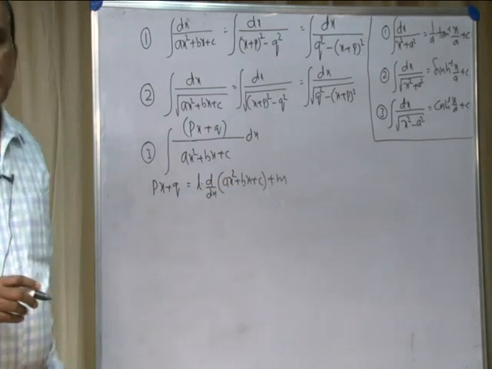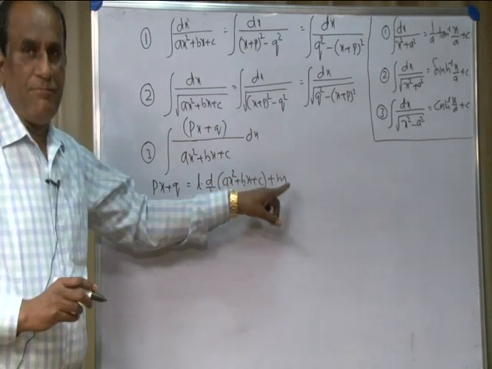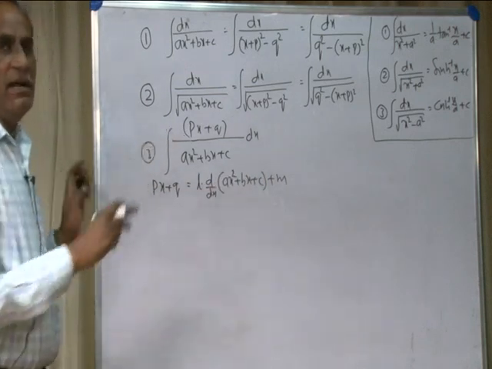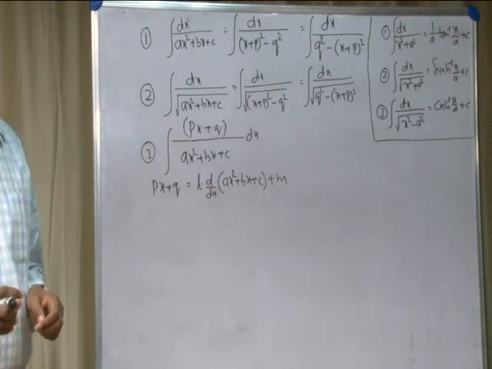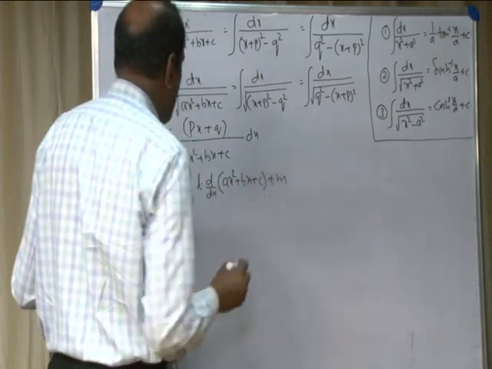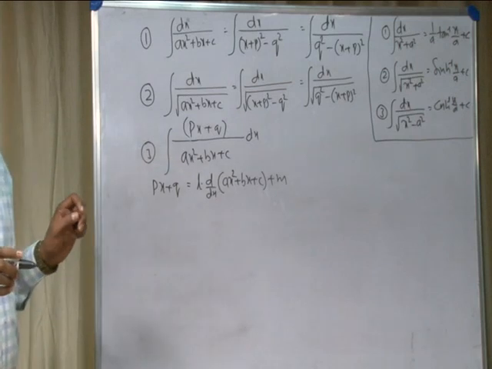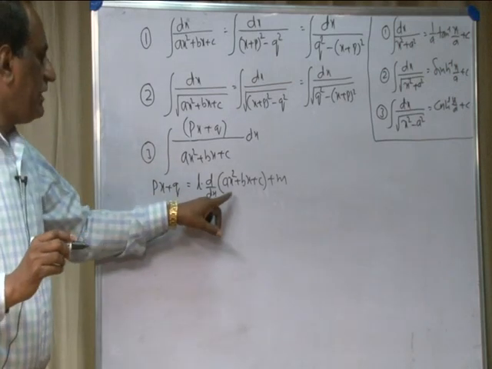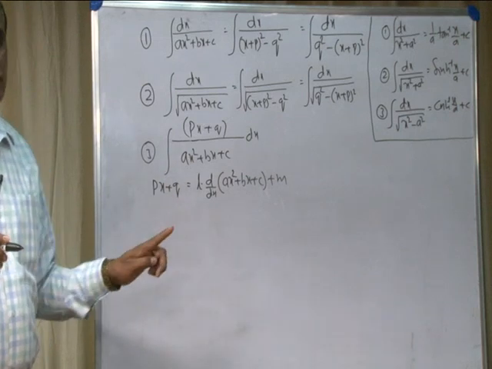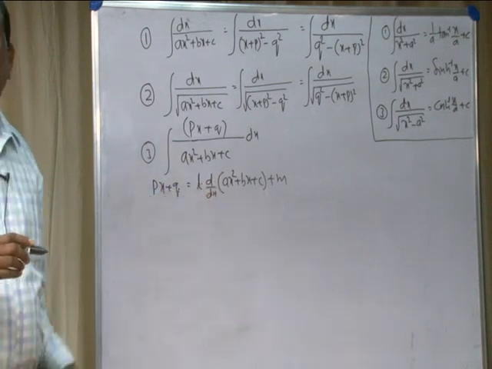Find out the values of L and M by comparing the coefficients of the constant and the coefficient of x on either side of the equation. How to find out the values of L and M? By comparing the coefficients of x and the constant on either side of the equation.